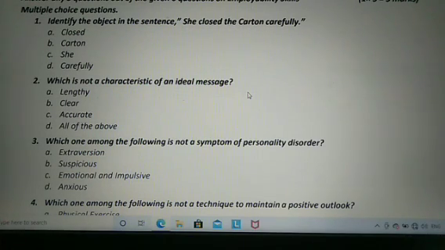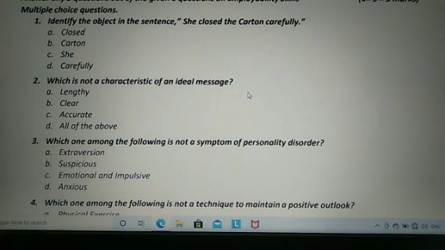Question number 2: which is not a characteristic of an ideal message? Your options are lengthy, clear, accurate, and option 4 is all of the above.